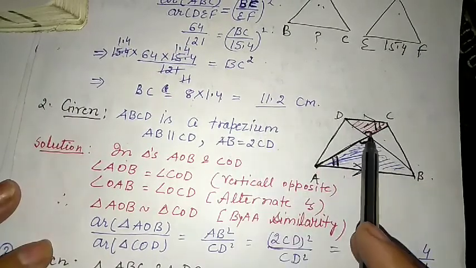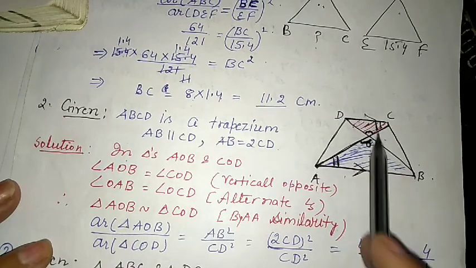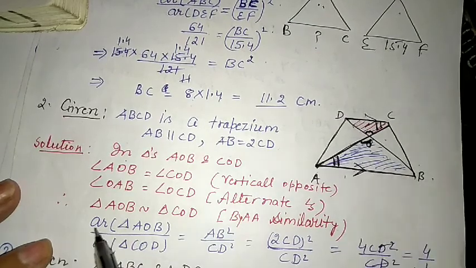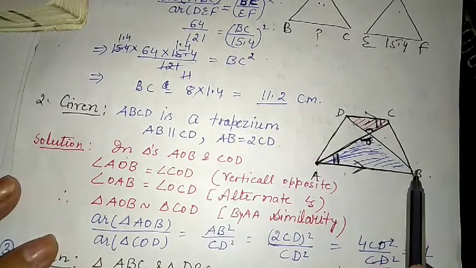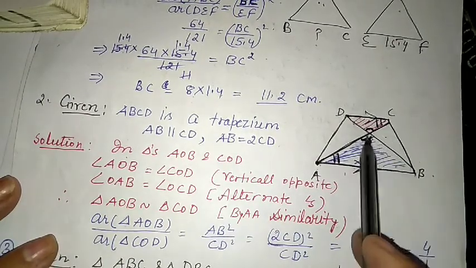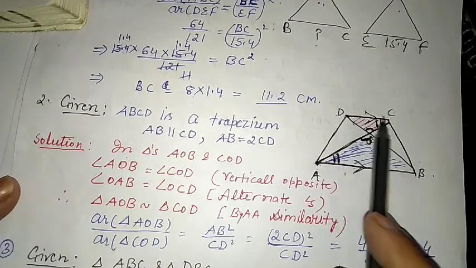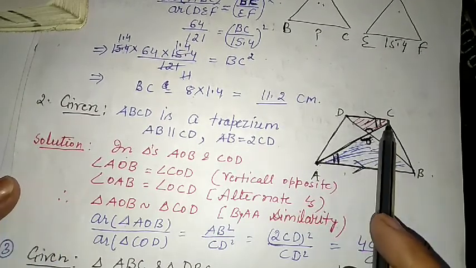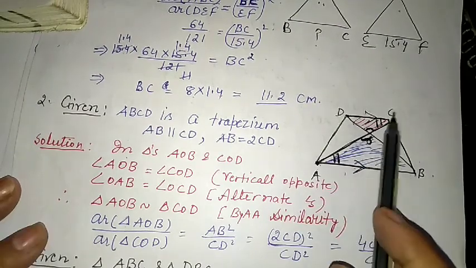So two angles in the two triangles are equal. Here I started with vertex A, so in this triangle we will start with vertex C. So AOB is similar to triangle COD